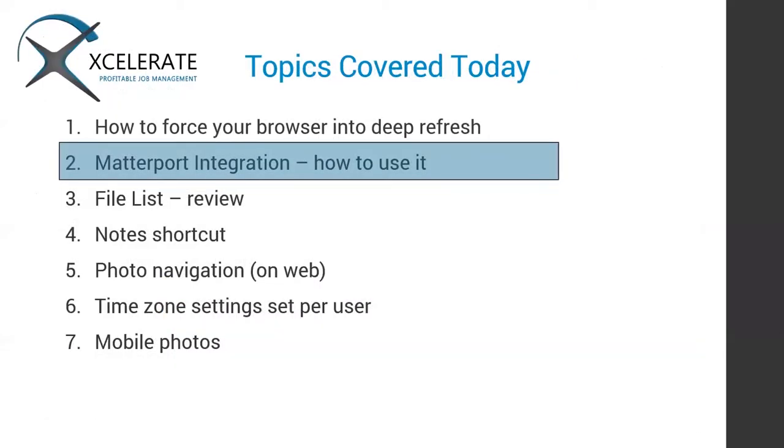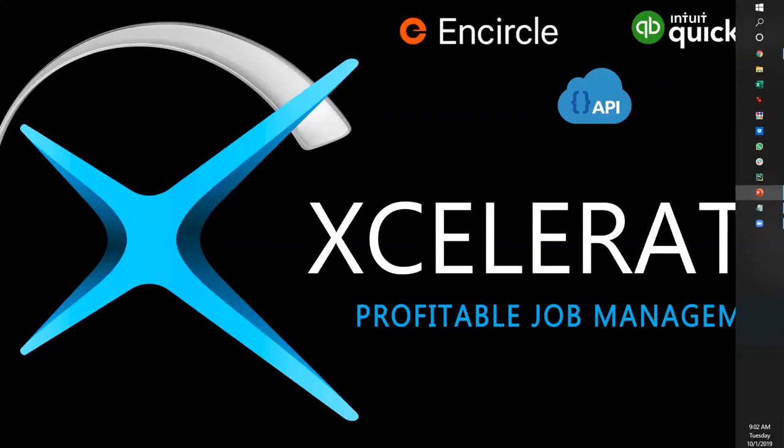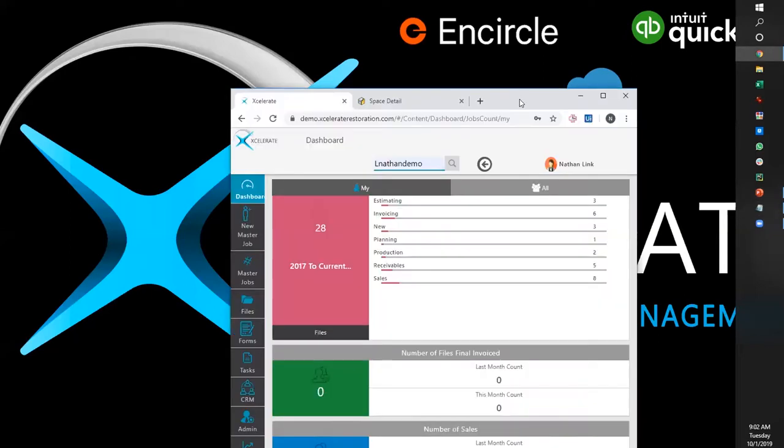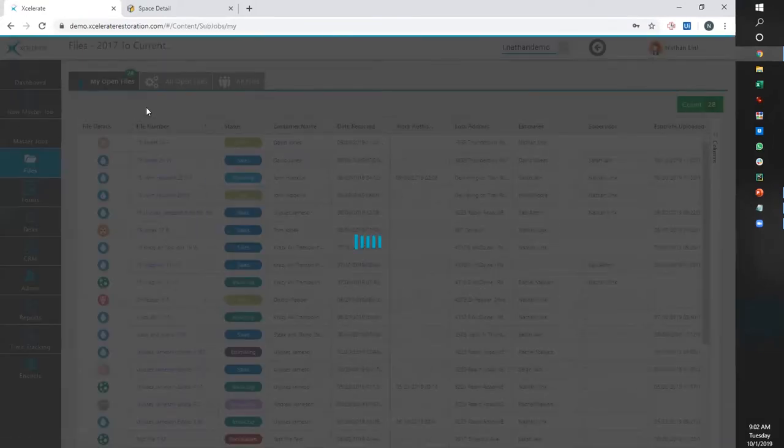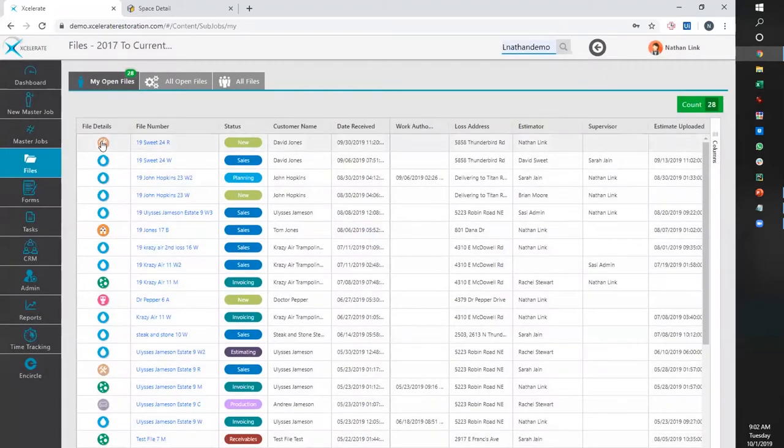The second topic that I'm going to cover is our Matterport integration. We released our Matterport integration, and I'm going to jump over to Xcelerate here real quick and show you how that works. It's on a file level. It's not on the master jobs. So in order for you to add a Matterport